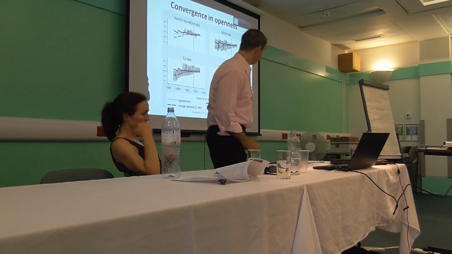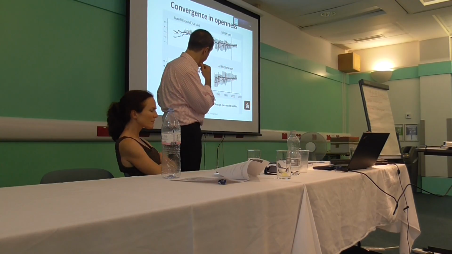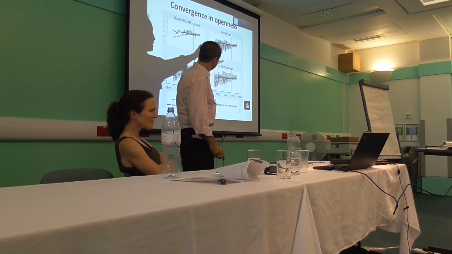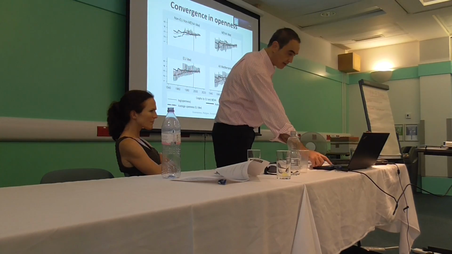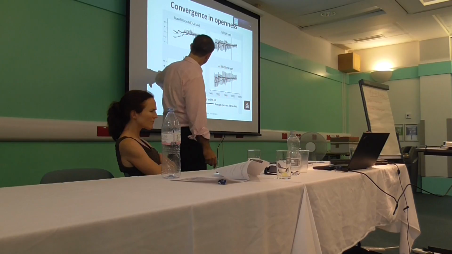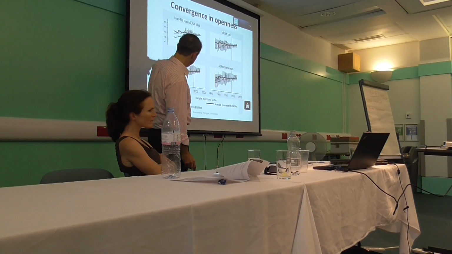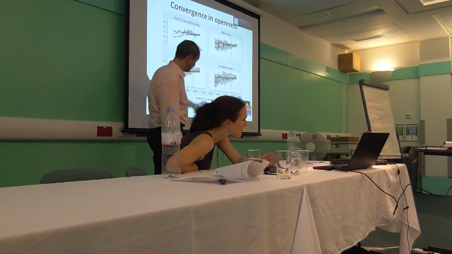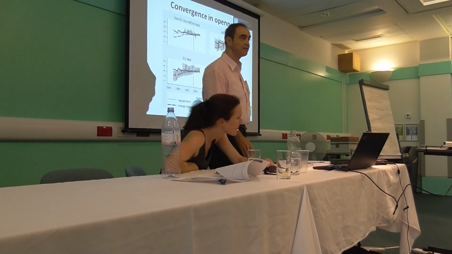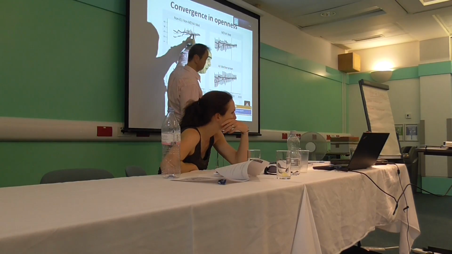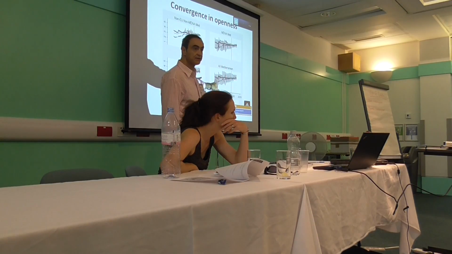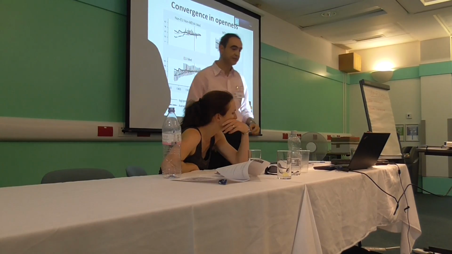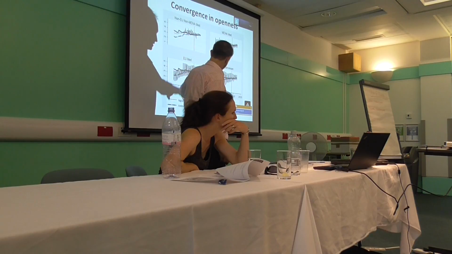So here is what you can see in the Mediterranean. Here it looks as if there is some sort of openness convergence. Or maybe not. Well, clearly, this is the average EU Med. This is the one line, the European Union, and this is the MENA countries, the Middle East and North African countries. So you see that up until a certain point of time, they seem to converge. There was a divergence, and then they were coming closer. But this is disrupted at the